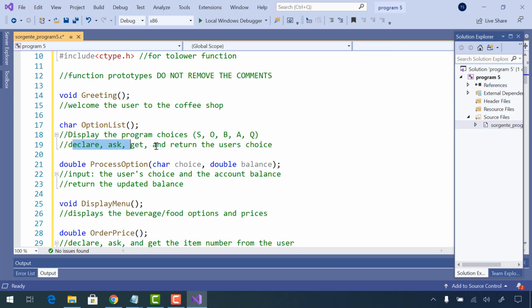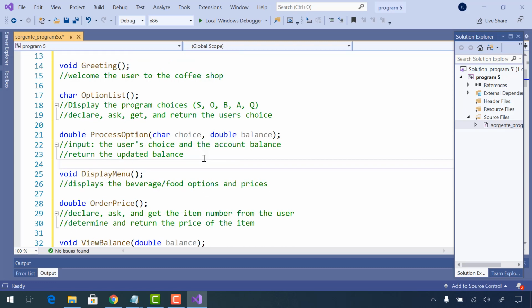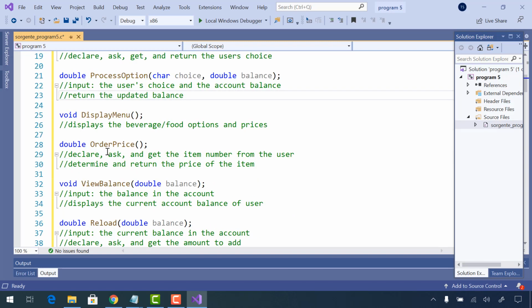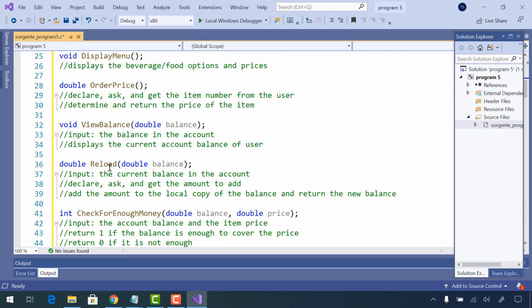It's going to declare, ask, and get a character from the user and return it. Then our process option function is going to take that character and the balance that we get, and it's going to do all of the work of the program. It's going to process the option and return the updated balance after, if the user buys something or doesn't buy something. And it's going to use these helper functions: display the menu, order price, view balance, reload, and